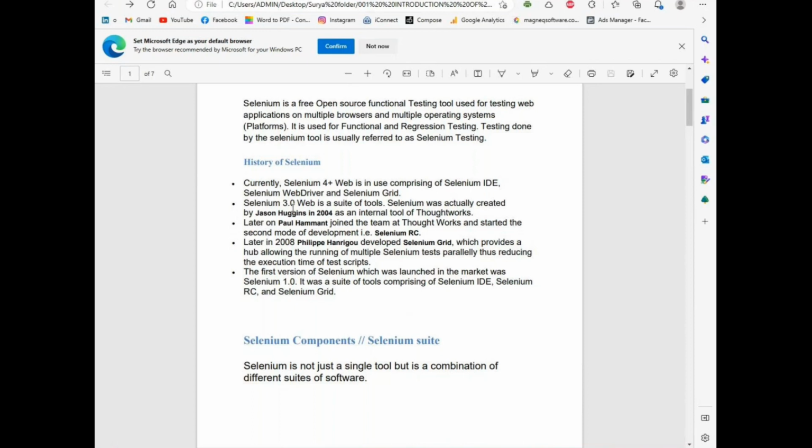So here we need to say Selenium IDE is the first version. It was created by Jason Huggins in 2004, and the second person is Paul Hammond. He started RC, and after some days Selenium was updated later, in 2008. In 2006 Paul Hammond was added. And in 2008, Philip